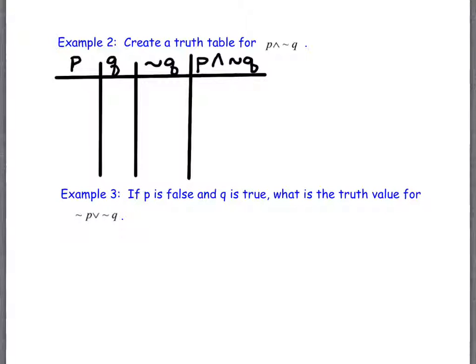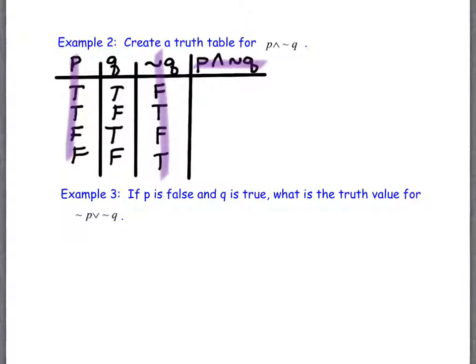Okay, so again, the beauty of truth tables is that you know how they start. They go true, true, false, false in the P column, and they go true, false in the Q column. All right, then what's the negation of Q going to be? False, true, false, true. Exactly. So the next thing we're going to do is we're going to compare the two columns that are present up here in this description. That is column P and column tilde Q. So comparing those two purple highlighted columns,